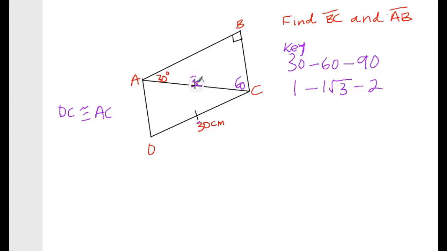Therefore, if the 90 corresponds to 30 centimeters, then our length BC will be 30 divided by 2, and that gives us 15 centimeters. And after we get that, then we can find our AB. Our AB corresponds to angle 60, and we know that angle 60 is just the 30 times square root of 3. So here